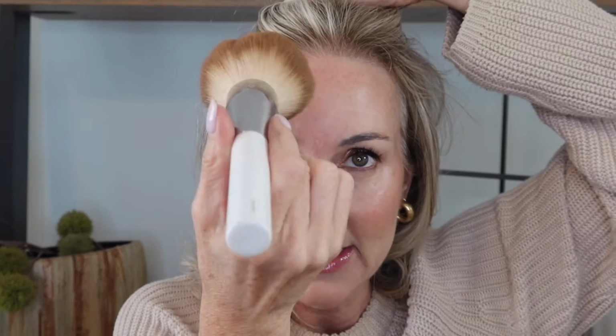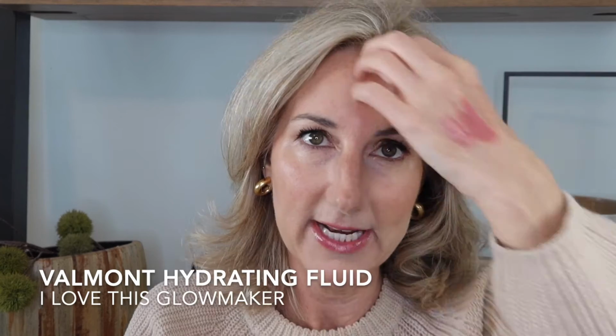And then I'm going to do a quick sweep of, this is the Valentino, the Universal Bronze, but I've kind of been using this like I usually do with Sicily, where I take the bronzer on my big fluffy brush and just brush it everywhere as a finishing powder, because this one is so pretty. So I'm just taking a teeny bit of that, guys, and I am just going to brush a little bit of that as my finishing. As a little finishing touch. Then I'm going to quickly put a little spritz on. I'm going to be using my Valmont, the hydrating fluid,